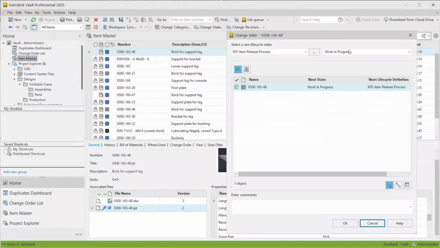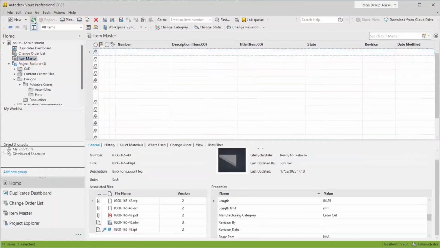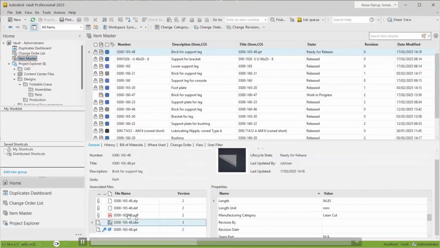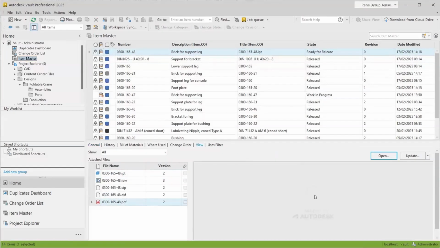So now I just change state on my item to schedule for release. And now the jobs are created on the job processor. So now it will create all the different files, and when it's done, it will change the state to ready for release. It actually did that now. And as you can see here, my PDF, DXF, and step file are attached to the item.